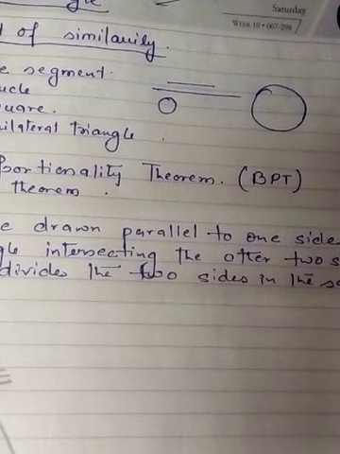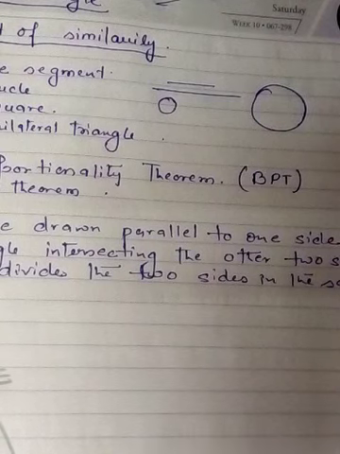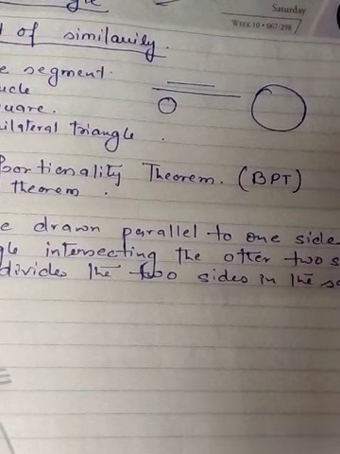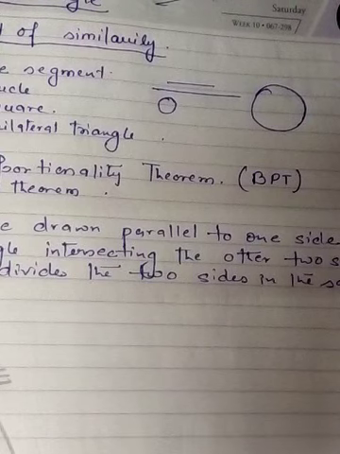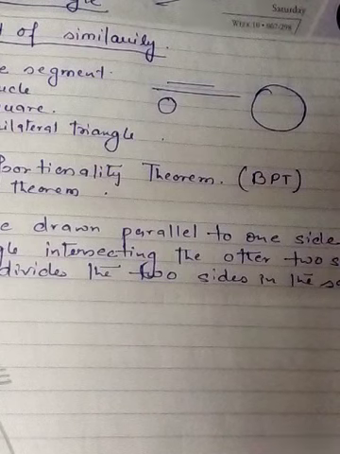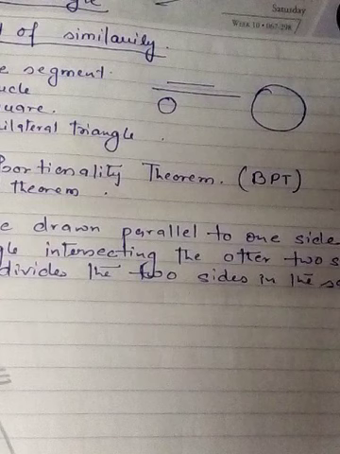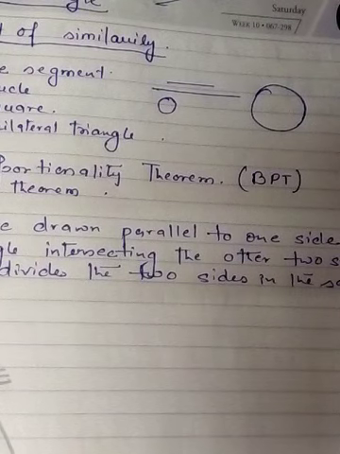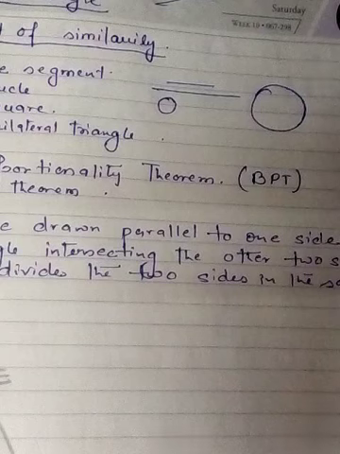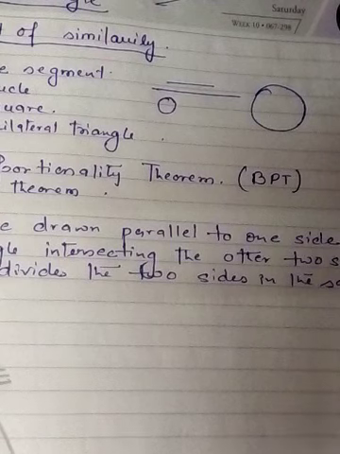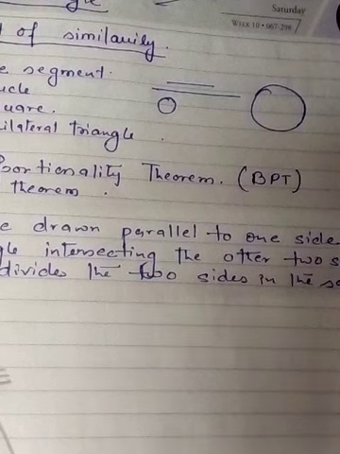In general, I can say that my two hands are congruent, whereas your hand and my hand are similar, because both have the same shape but different size. I too have 5 fingers, you too have 5 fingers. Both are similar in shape but have different size. So my two hands are congruent, but your hand and my hand are similar. In this chapter, we have to mainly go through the similarity of the triangles.